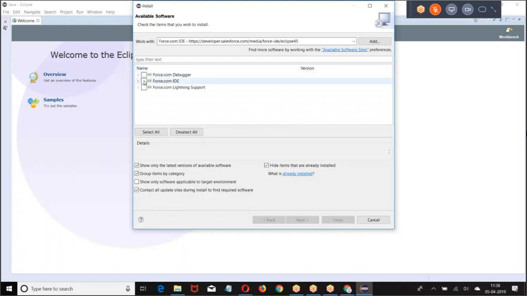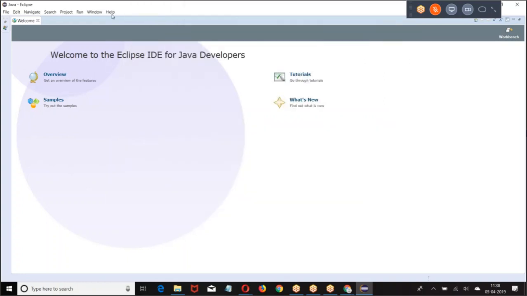Then you're going to get this. Enable this. Click on next. Did you follow my point? If you search for Salesforce Eclipse plugin, you get a URL. Once you get the URL, what are we supposed to do?